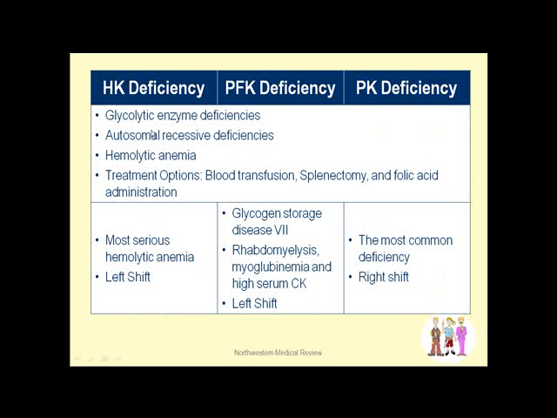Now let's summarize. What makes them similar as part of the triad is the fact that they are all glycolytic enzyme deficiencies. All of them are autosomal recessive deficiencies. Deficiency of all causes hemolytic anemia as a result of low ATP in the red cells. Treatment options for all of them, to summarize what we have discussed before, include blood transfusion, splenectomy, and folic acid administration. On the other hand, hexokinase deficiency causes by far the most serious hemolytic anemia among the 3. It also causes a left shift on the hemoglobin oxygen dissociation curve. Phosphofructokinase deficiency